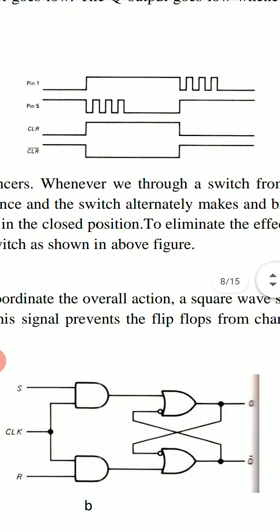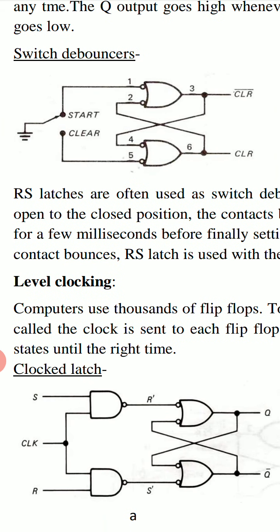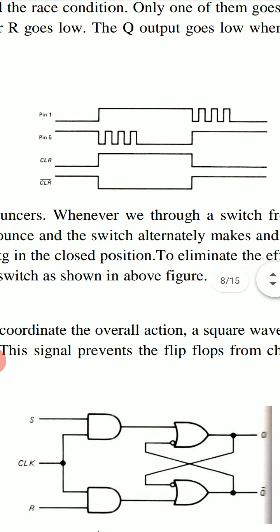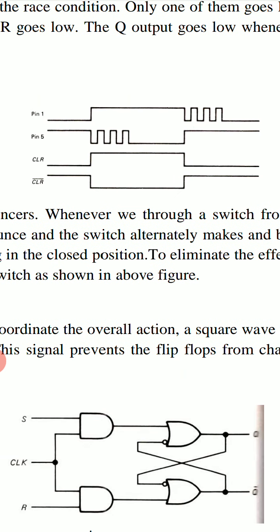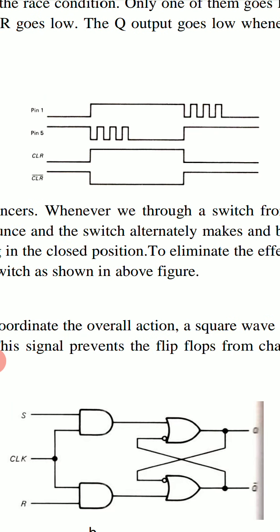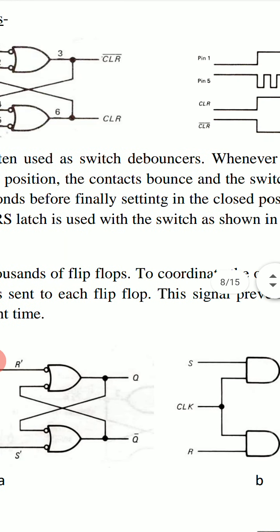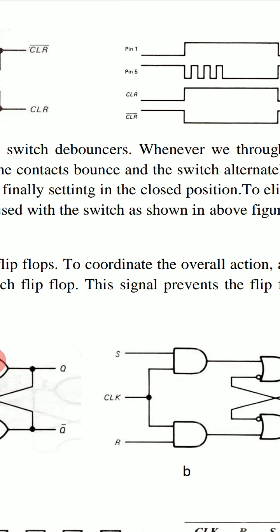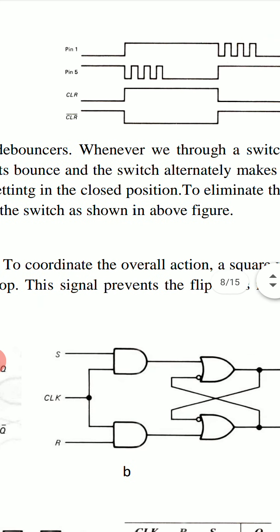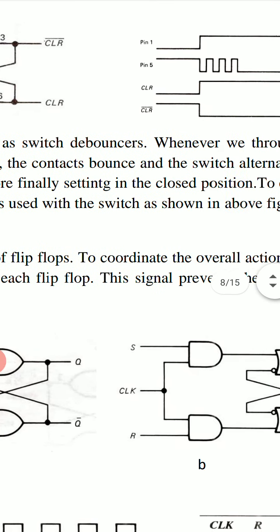And similarly, if this key is then connected to start, the pin 1 will begin to change for a few milliseconds several times between 1 and 0 states. But if we use this RS latch, then we see that this effect of contact bounce will disappear,